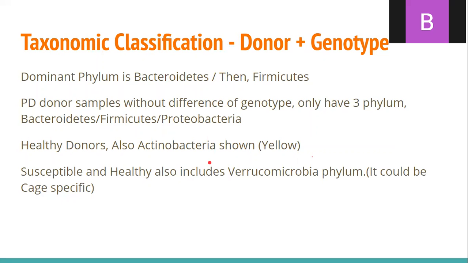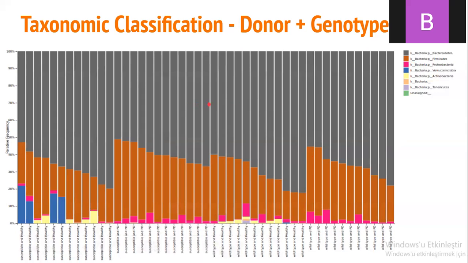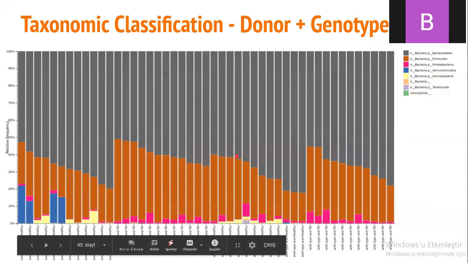And second, PD donor samples, without difference of the genotype, only have 3 phyla, which can be seen here: purple, brown, gray, purple, brown, gray. These are the PD samples, PD donor types. We can see more than 3 in the healthy ones. In healthy donors,